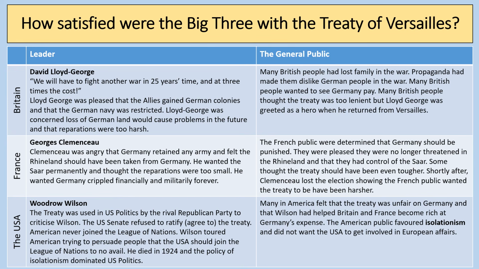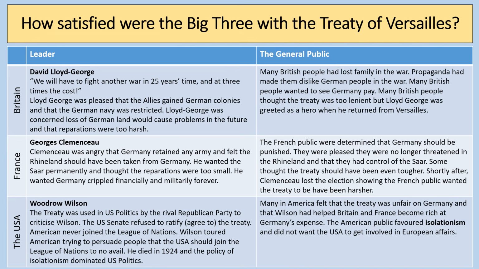But he was also concerned that the loss of German land and the harshness of the treaty would cause problems in the future. Most British people at the time were very content with the Treaty of Versailles, but there were a few dissenting voices. People like the Archbishop of Canterbury spoke out against it. The famous economist John Maynard Keynes wrote a very famous book called The Economic Consequences of the Peace, published in 1919, which was very critical of the treaty. That helped to sway quite a lot of people's opinions in Britain about the Treaty of Versailles perhaps being too harsh. So although initially most people in Britain supported the Treaty of Versailles, many people came to criticise it in later years.